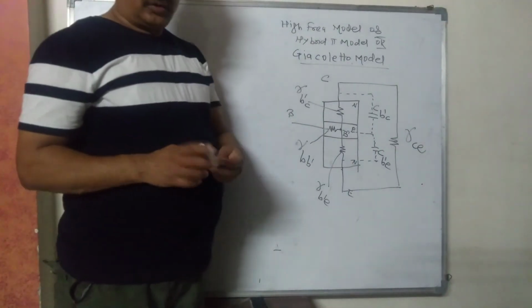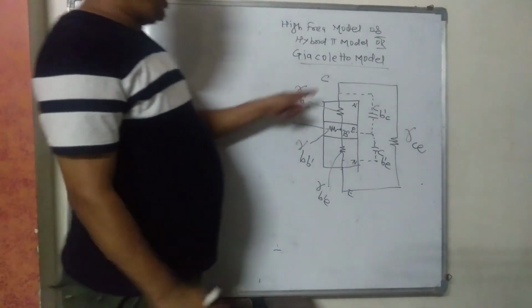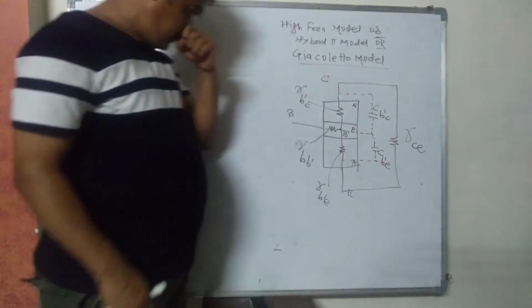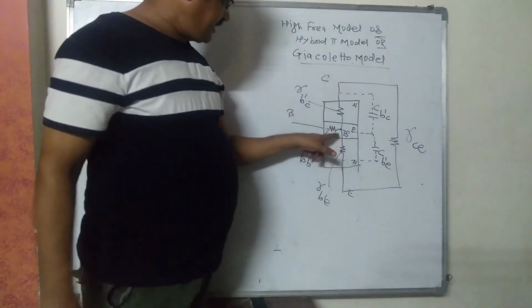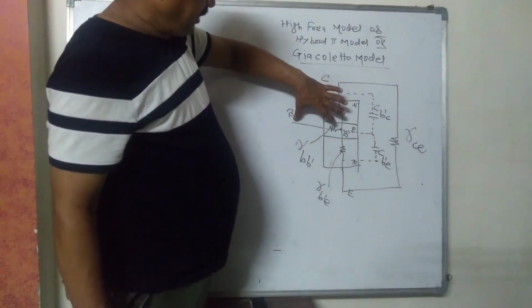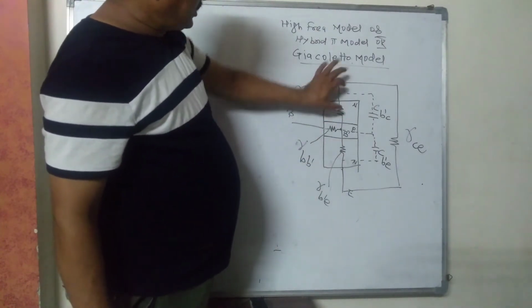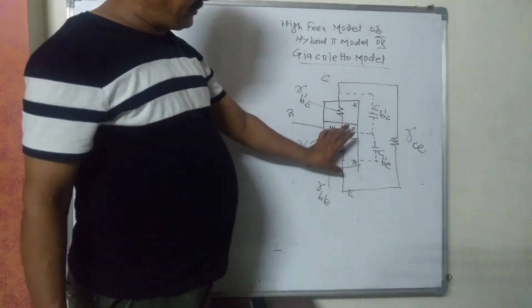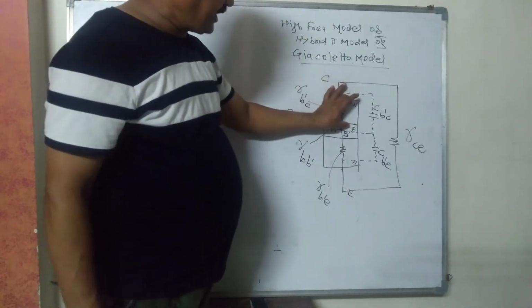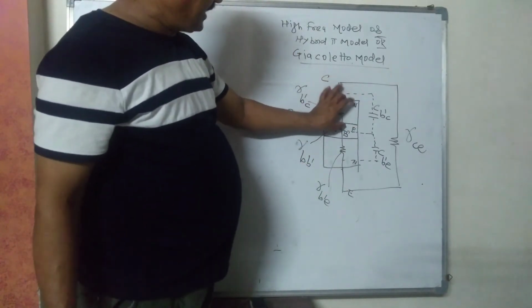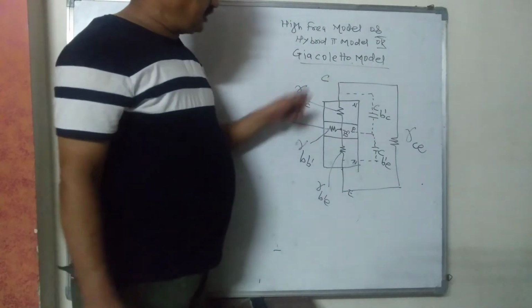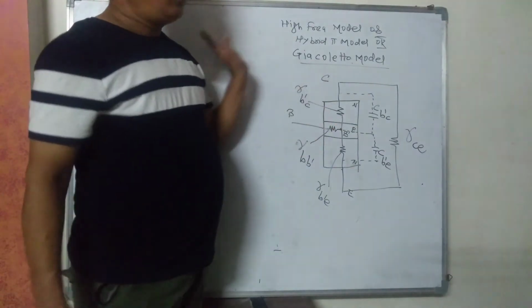Is that clear? So, 6 internal parameters. Emitter, base, collector, N, P, N have different charges, electrons and holes. A center point is assumed, the imaginary base, and with respect to that base all the parameters are defined. Resistance between actual base and imaginary base, between imaginary base and collector, between imaginary base and emitter, and between collector and emitter. Storage of two charges is nothing but a capacitor. So using these 6 parameters, I am drawing the model for common emitter.